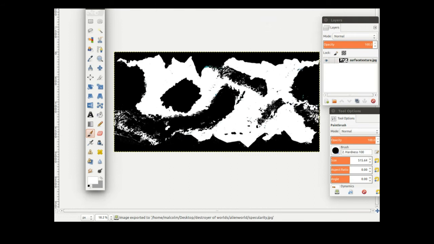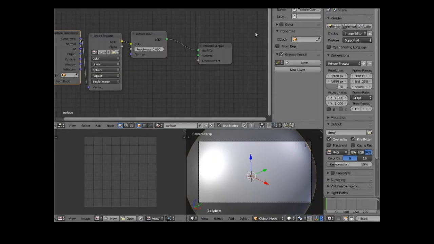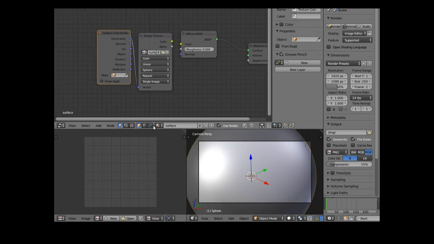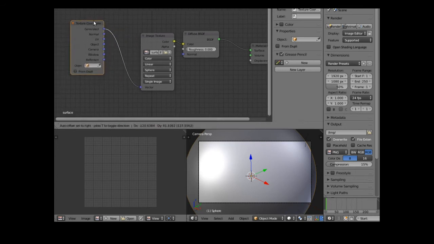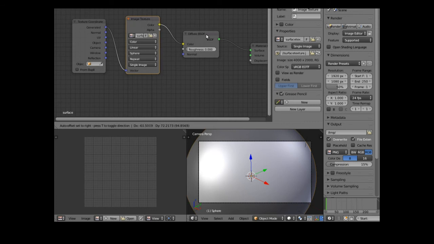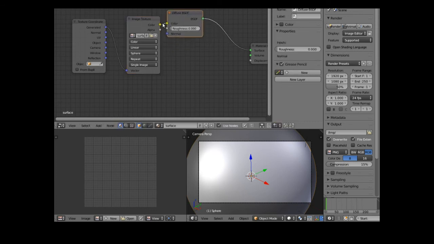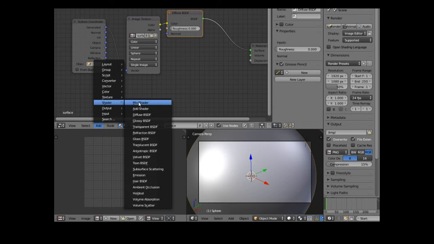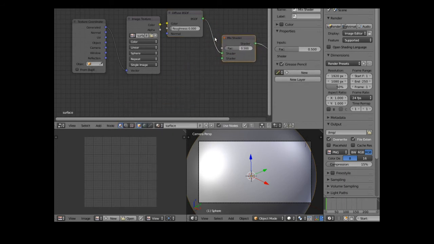So, it's back to Blender. I'm going to start. We already have our planet surface, which is here. So what I'm going to do is add in a mix shader, because we need to mix gloss. Going to add in a gloss shader,